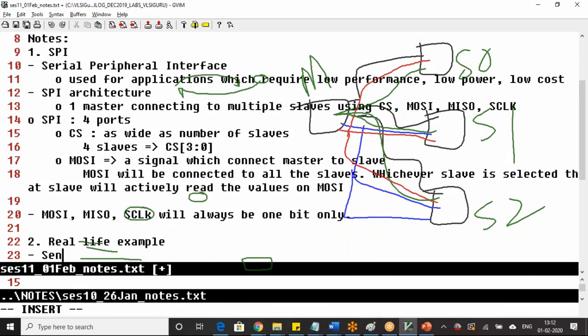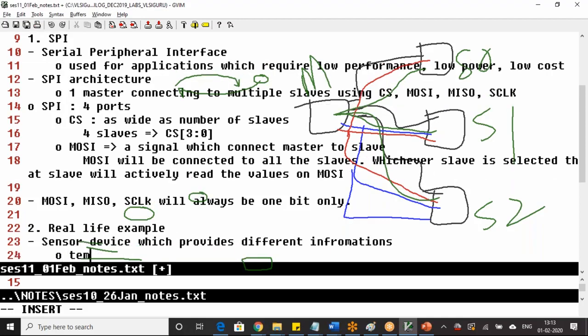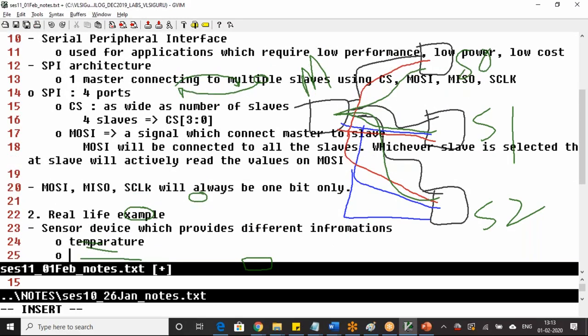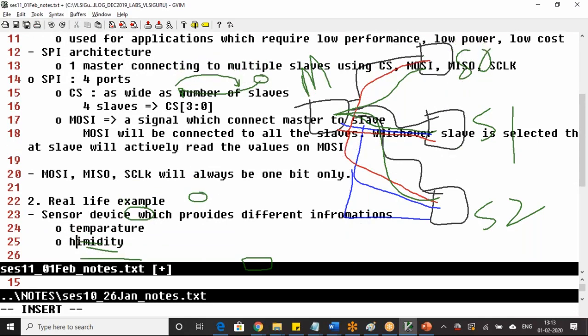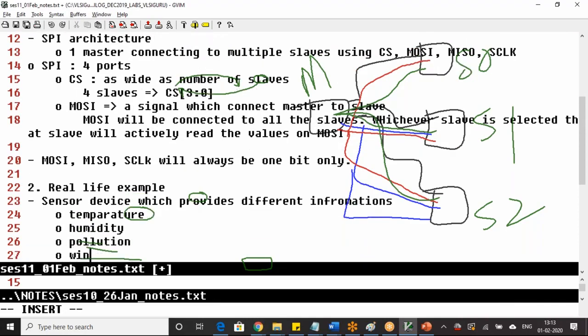I took one real life example. I have some sensor device which provides different information like temperature, moisture, humidity, let's say pollution level, wind flow speed.